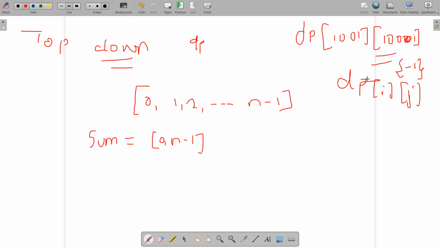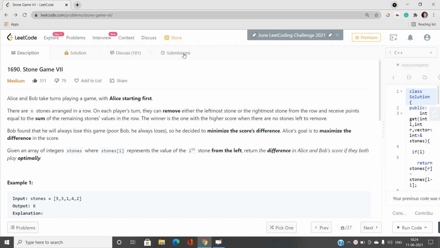This is a dynamic programming method to solve this problem, so there must be an optimal substructure property and overlapping subproblems. Whenever we find that dp of i j is not equal to -1, we have already reached this state and we are aware of the answer for this state, so I will return the dp of i j value. You can understand this in more detail if you look over the code, so I think I should show you that code.